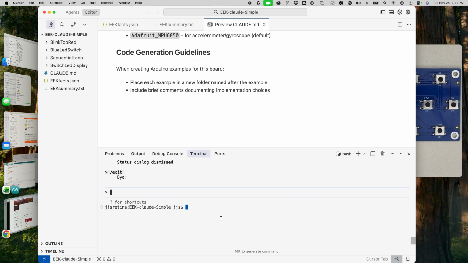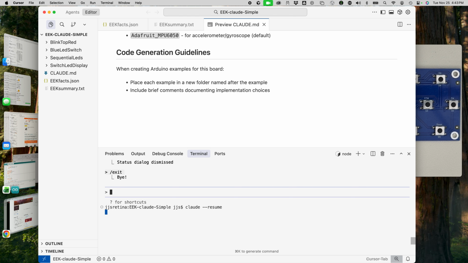Now, Cursor is meant to interact with the Cursor.ai platform, which has its own models and its own way of doing things. But it turns out this is close enough to Visual Studio Code that it's a nice way of getting into this notion of AI assistance without necessarily needing to have a big membership with the Cursor.ai platform. So I am using Claude Code, and so if I do a